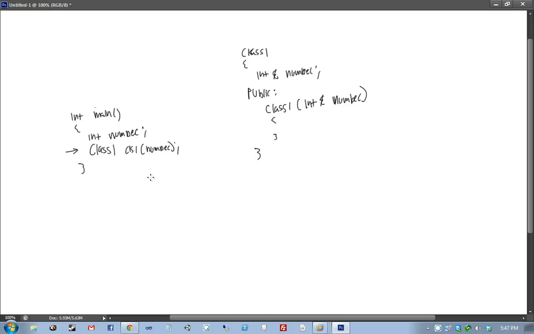Okay, so when we do class 1 number, the first thing that happens is the fields get initialized. So all of the fields in class 1 get initialized. After these get initialized, the constructor gets invoked. Now, what do I mean when I say the fields get initialized? They all get set to their default values, which gives us a nice little paradox. Because you cannot initialize a reference to a default value, because a reference, by definition, has none. A reference must always be pointing to something valid.